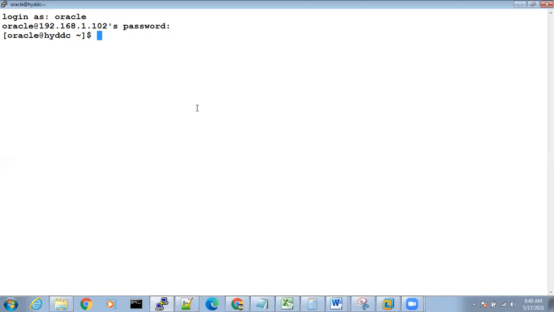I'm going to show you a different method today. It's not a routine method that we follow in real time, but yes, it's a different method, and I will tell you the reasons and the benefits of creating a database in the method that we are following right now. So let's start the database creation.